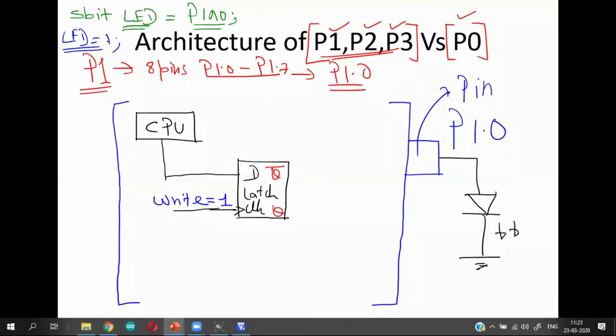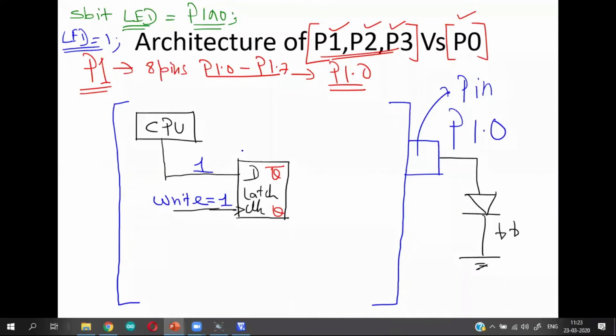And since you are writing a value 1 for this particular pin, the CPU supplies that value 1 to the D input. So LED equal to 1 means 1 is the value that you are trying to write. So the CPU puts that 1 to the D input, and since you are performing a write operation, the CPU makes the clock input 1.